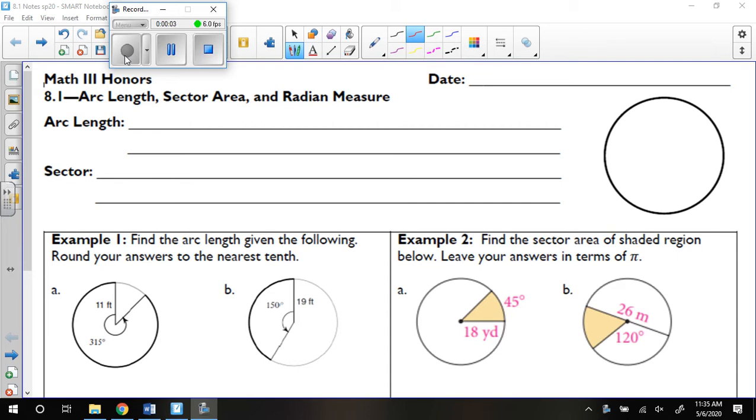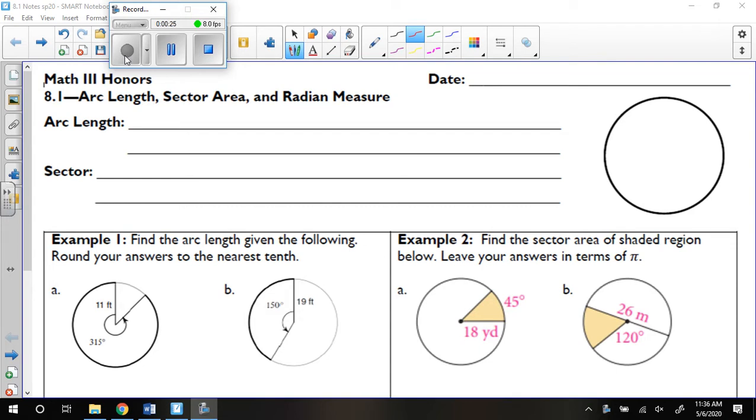Hello everyone, we are going to start a new unit today. Our unit is on trigonometry, and our first set of notes is going to be about arc lengths, sector area, and also radian measure. So first, an arc length, if we define it, it's going to be the distance between